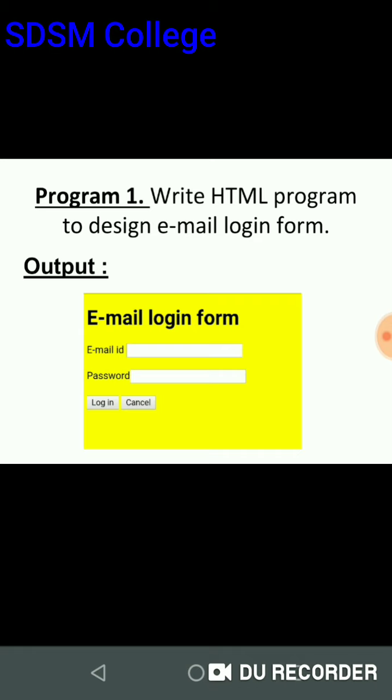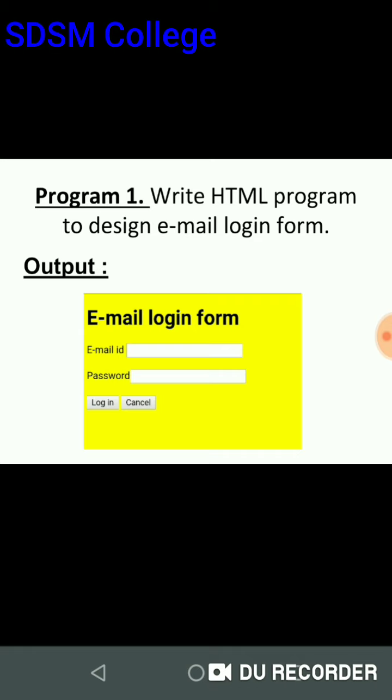So it should not be readable to other users. If any person is sitting next to you, that person should not be able to see which password you have typed.